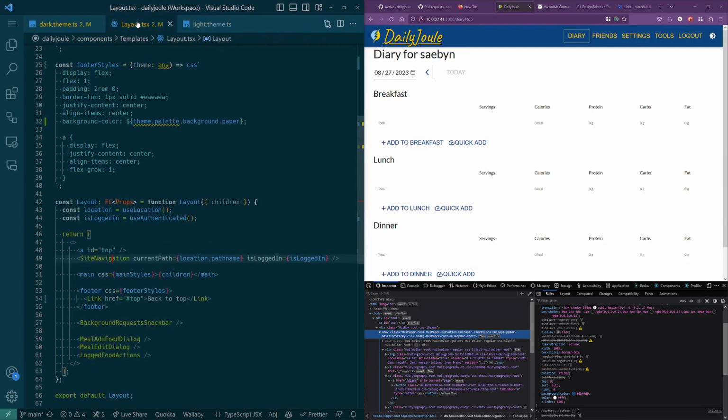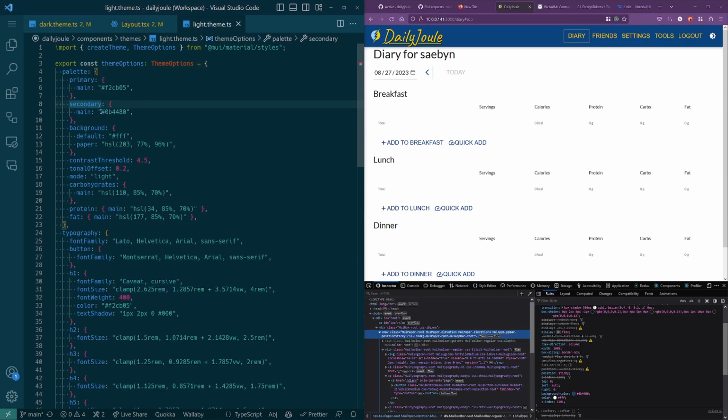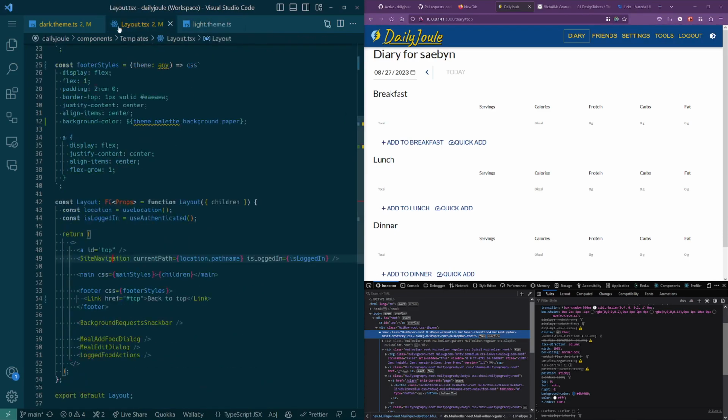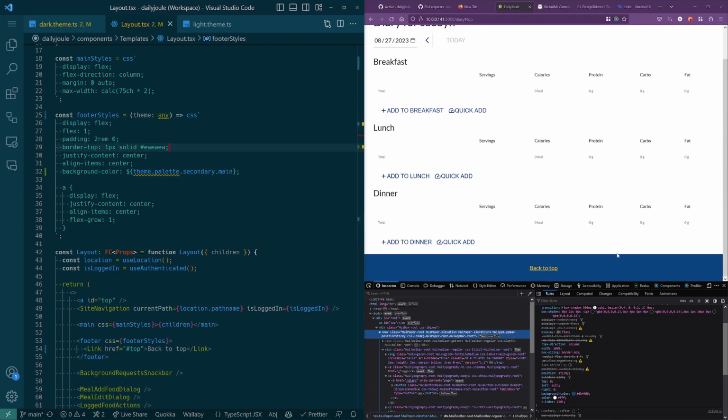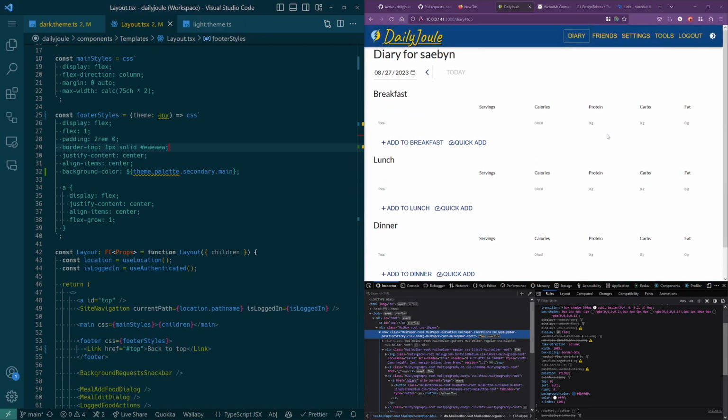So secondary, I see. Okay, well, yep, should work. If we just change this to theme.palette.secondary.main. There we go. Now there's a footer. Problem solved. And then if we go to dark mode,